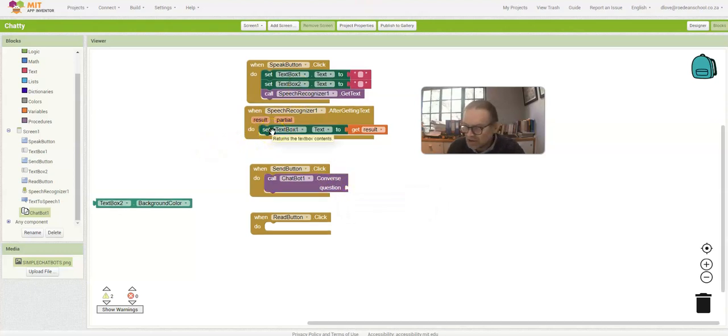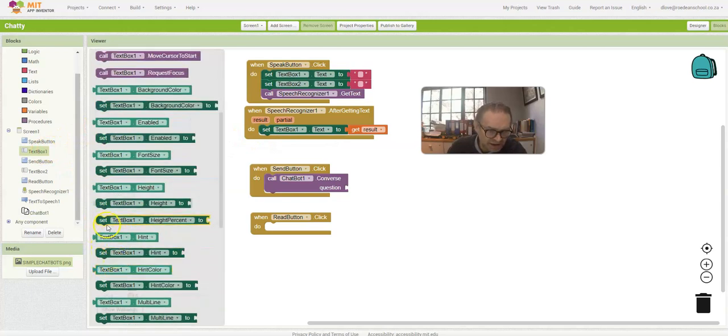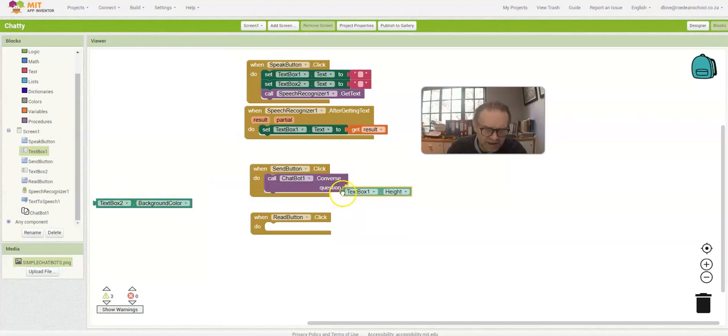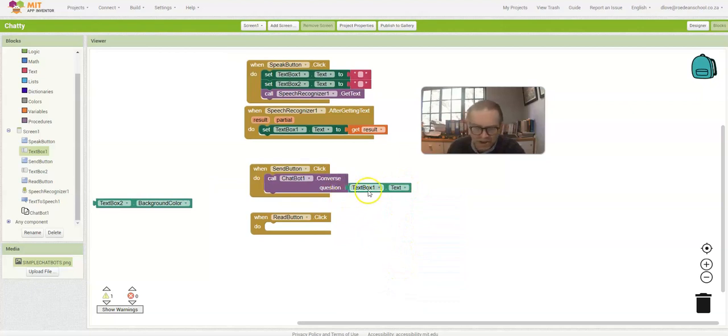text box text. So that would be in text box 1, and I need to go and get the text. Well, I can get any of these and just change, for example, the height to the text. So it's going to the text box and getting whatever text is typed in there after speech recognition has handled that. So it's now sent the request, it's conversing with the chatbot,